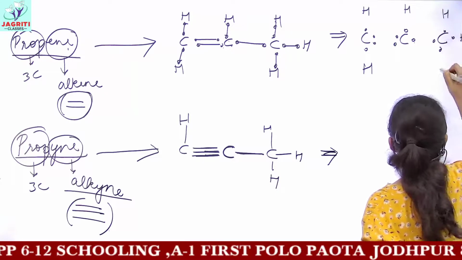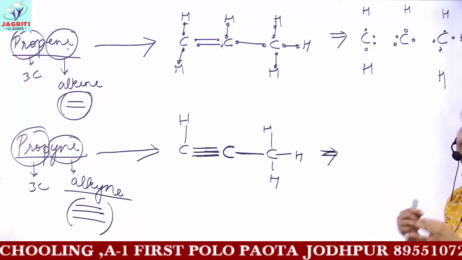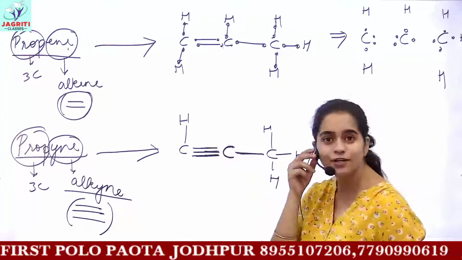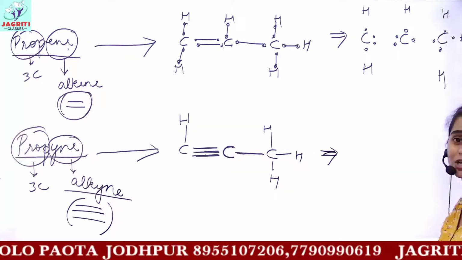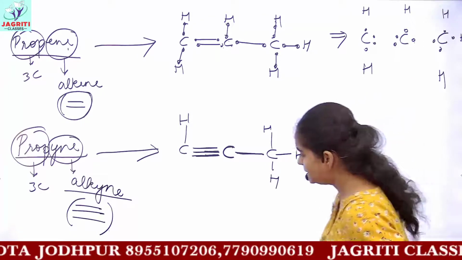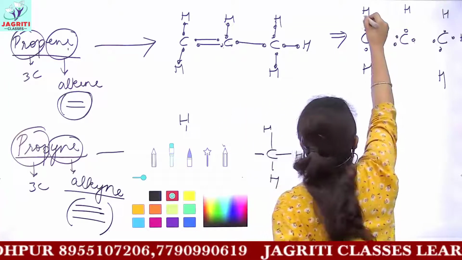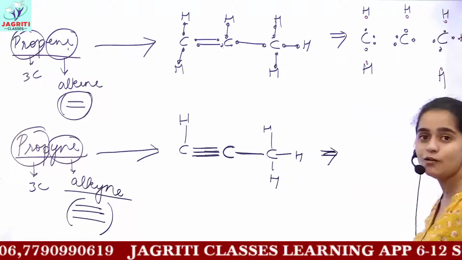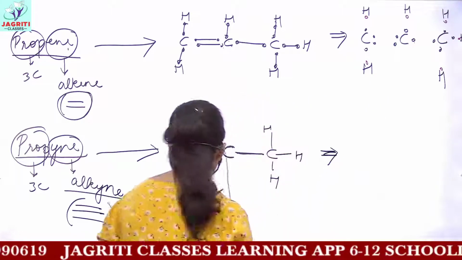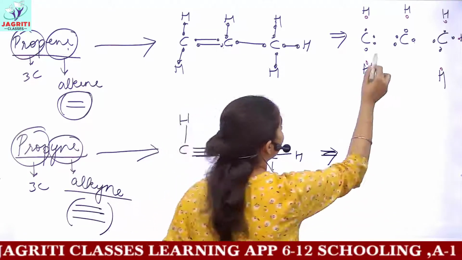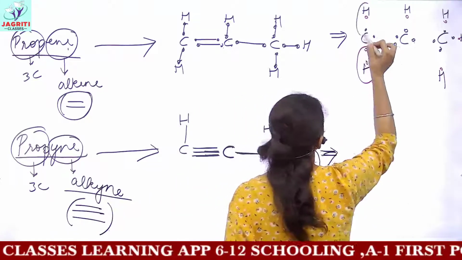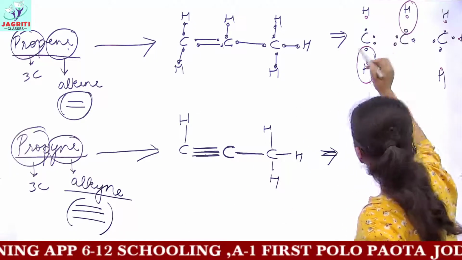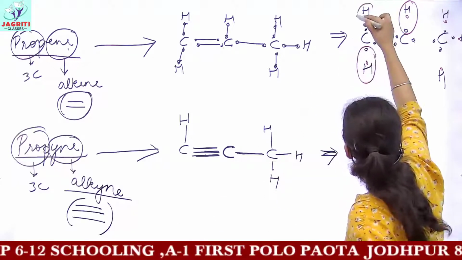That's why I told you, never attempt to draw the electron dot structure directly in one go in the initial practice. First draw this linear structure which is joined with the help of bonds and then try to make this structure. Now make the valence electrons of hydrogens also. Each hydrogen carries 1 valence electron with it. So this would be the representation of the valence electrons of hydrogen. Now if I draw the sharing circle, you know, for hydrogen we have practiced a lot that the sharing circle would be formed in this manner. I think now you can at least complete the sharing circle of the hydrogen atom.